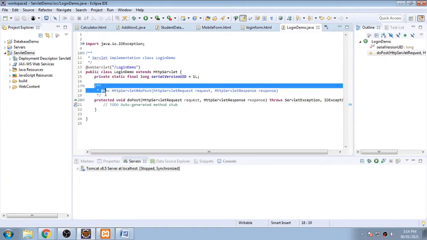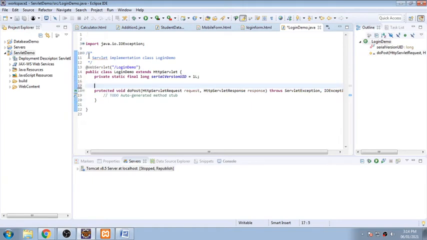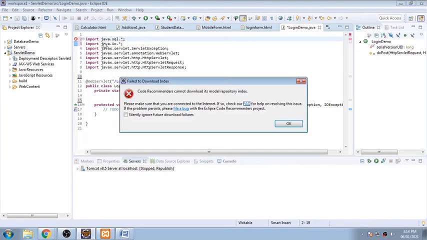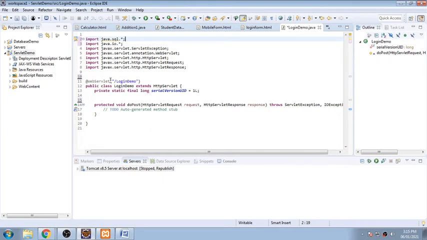Now I'll remove the unnecessary part of this one, and we'll move for this one. So I'll keep as it is. In front of IO I will just put star because we need to have a PrintWriter. So here I have changed it from one single import to a whole package of IO need to be imported. Now one important package that is to be imported, that is import java.sql.*. This is the package that is for database connectivity. So we'll be using this package over here.